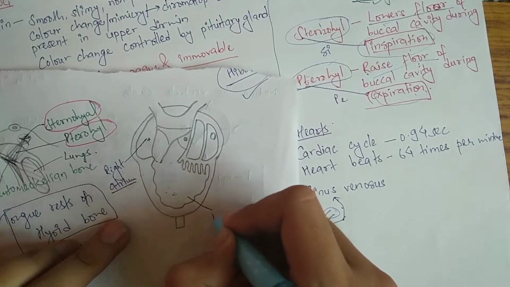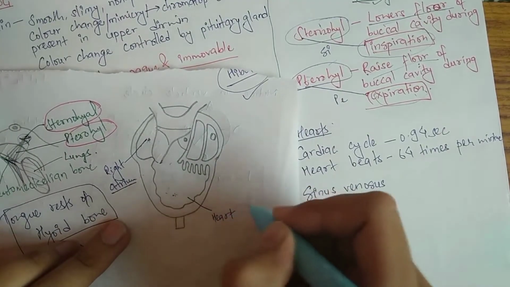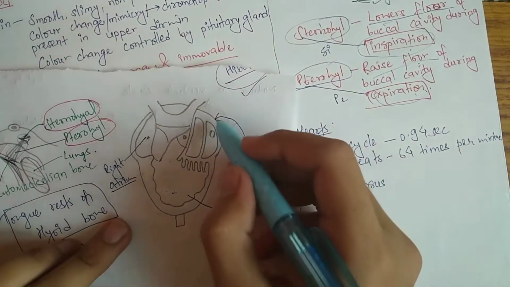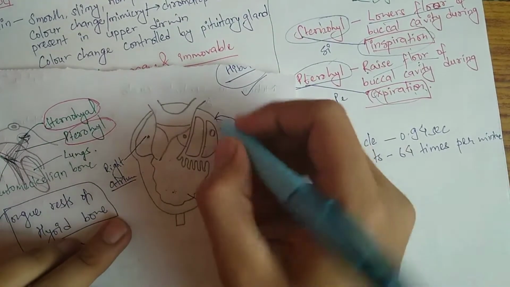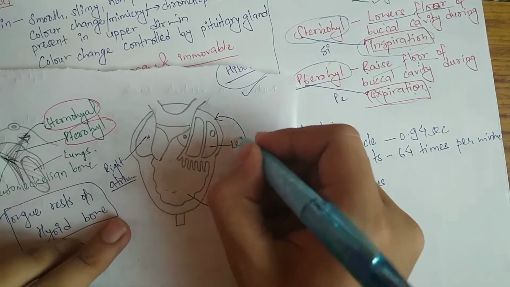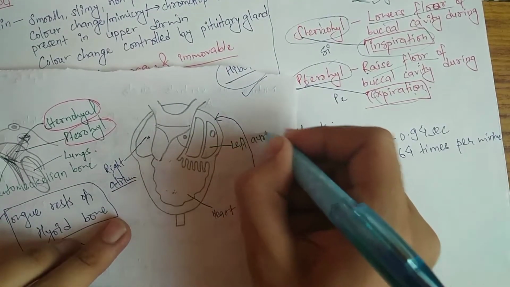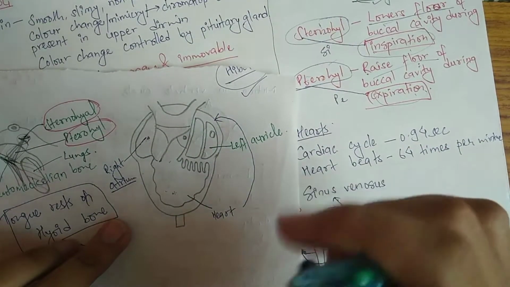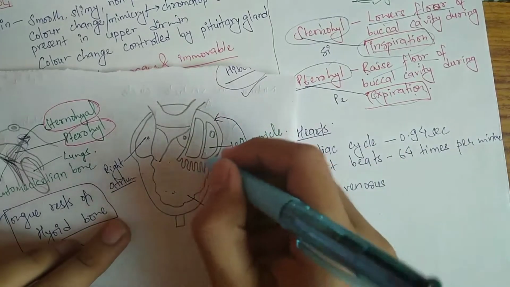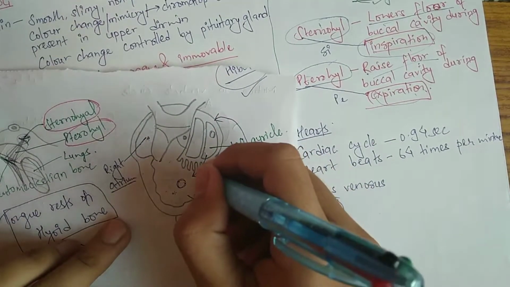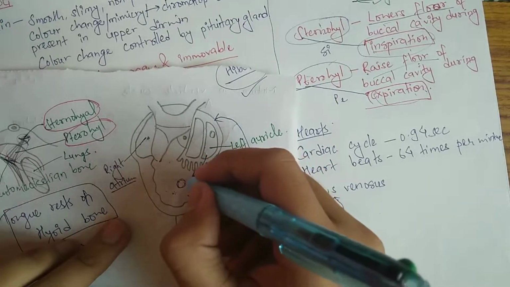From here blood will go to the heart, and from the heart blood will come here, to the left auricle. So this is the left auricle. From the left auricle the blood will enter into the ventricle. Blood will come here, and after it enters into the ventricle, it will go